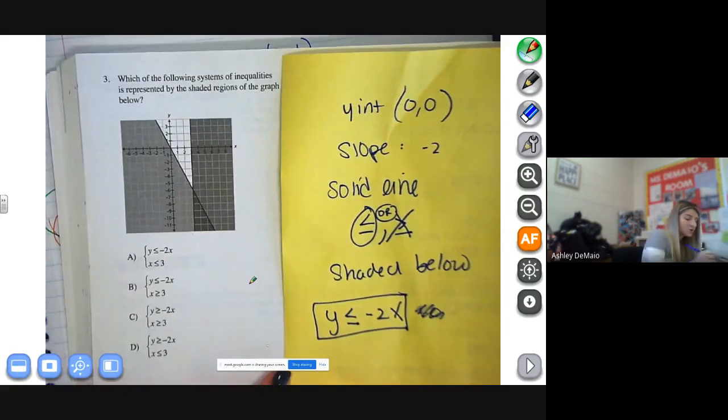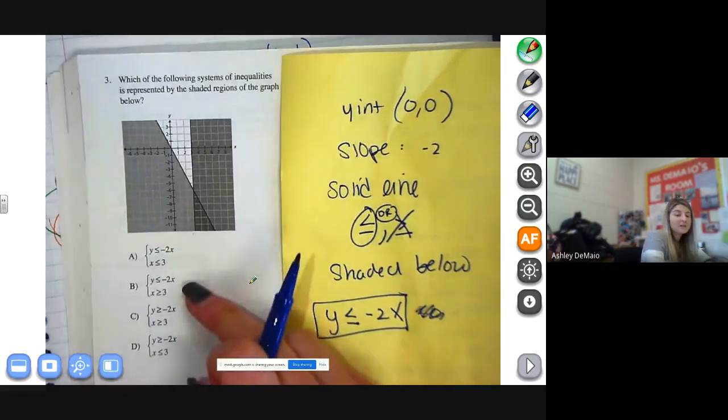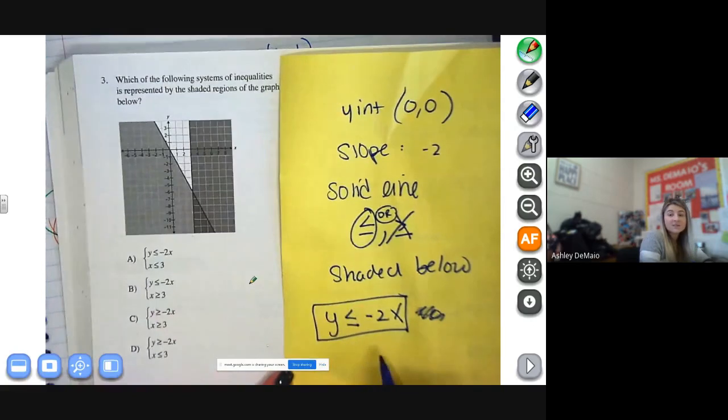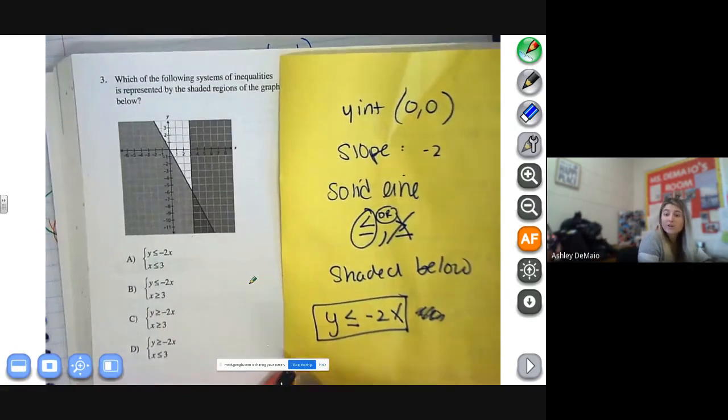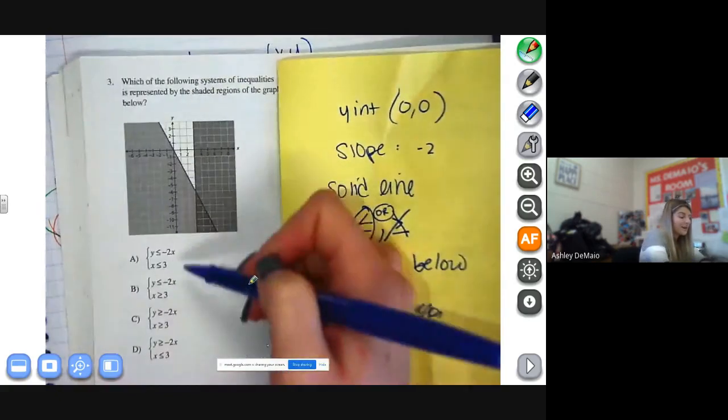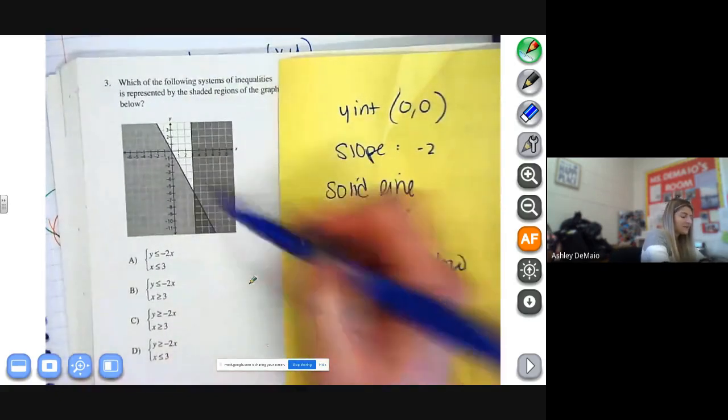They do not work, so we're just looking at A and B now because C and D are crossed off because they don't even include this in there, and this is one of the equations for the inequalities that we have. Now let's write the second equation so we can figure out if it's A or B. So looking at the second equation,